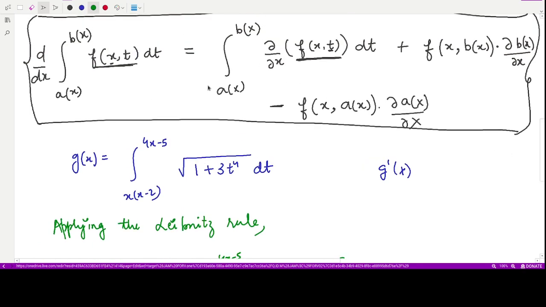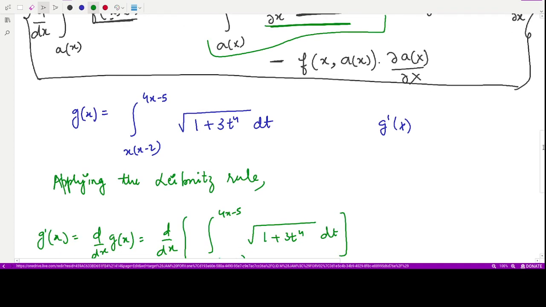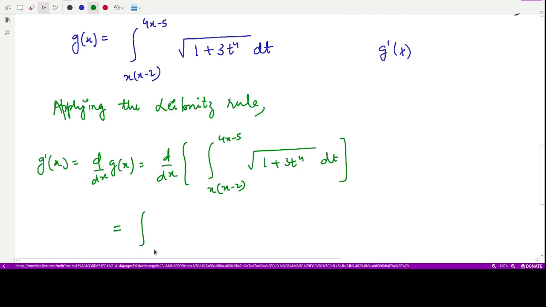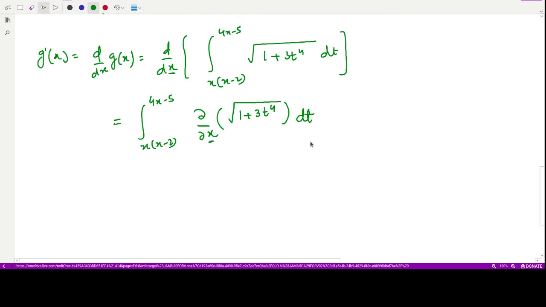So for the first term, you are to perform the partial derivative of the given function with respect to x. So it would be the integral of the same function, between the same limits, and we are to perform the derivative with respect to x. Now mind it, because we are differentiating with respect to x, these two limits stay the same. And if you look at your function, it does not contain the variable x in it, so because we are taking the partial derivative, its value is going to be 0. We'll see that in the next step. So this is your first term, right?